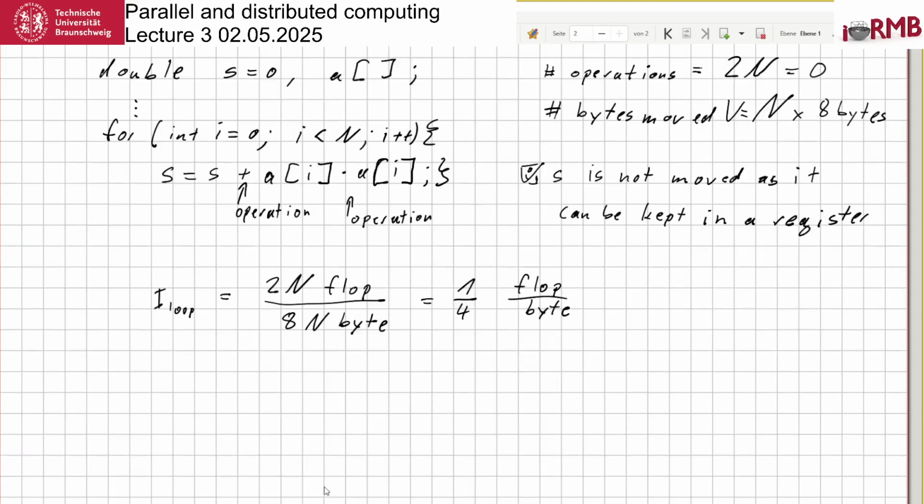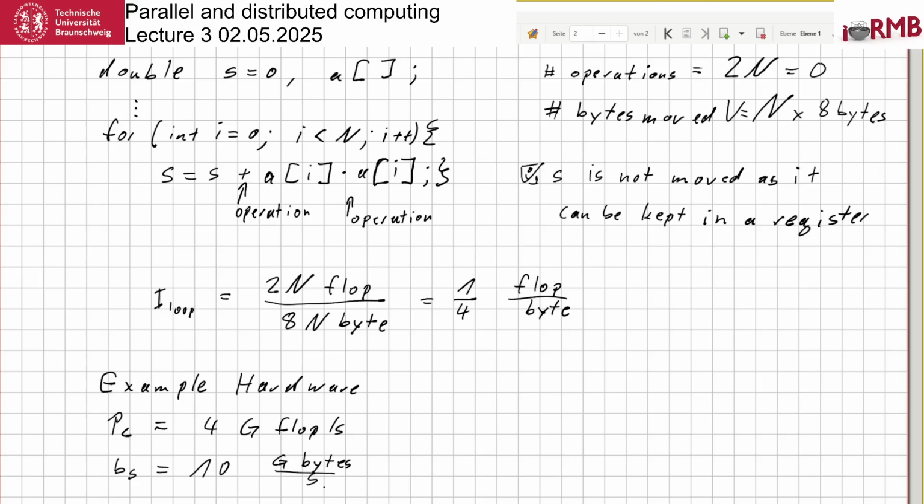So in a hardware example, for example, the machine that we also use for our exercises, Phoenix, the peak performance P_C is 4 gigaflops, giga floating point operations per second, and the bandwidth is 10 gigabytes per second. So if we put this into our plot,